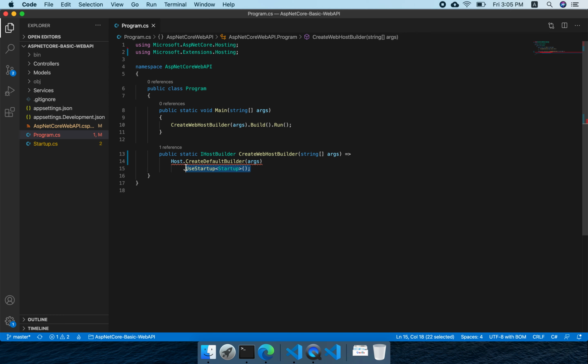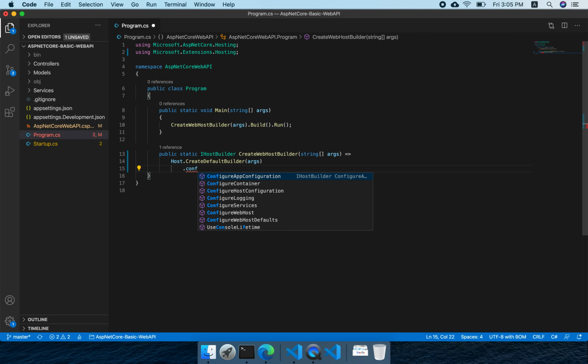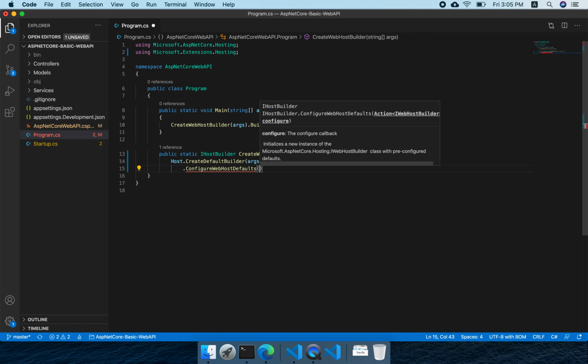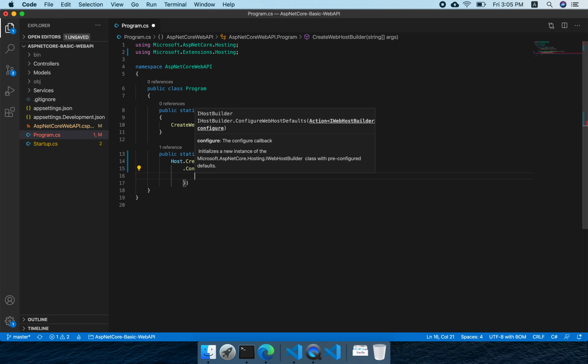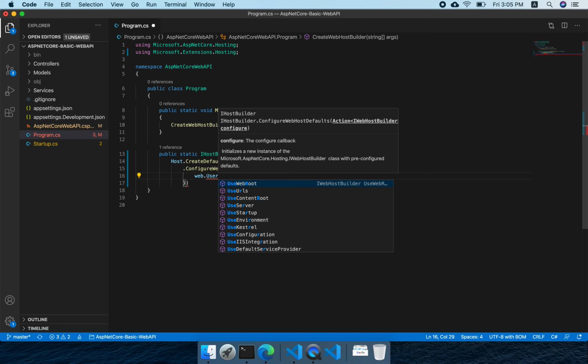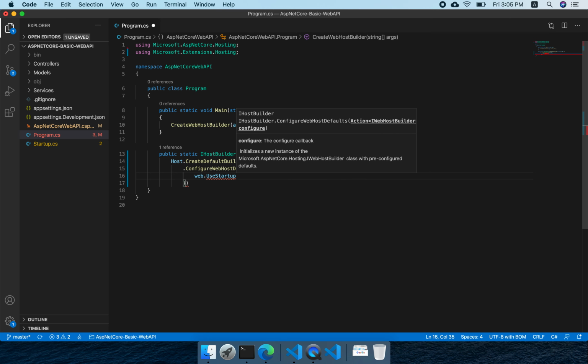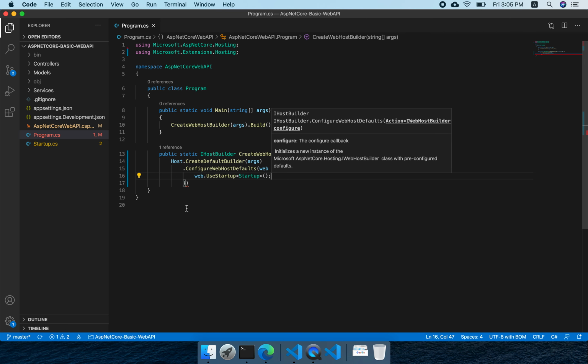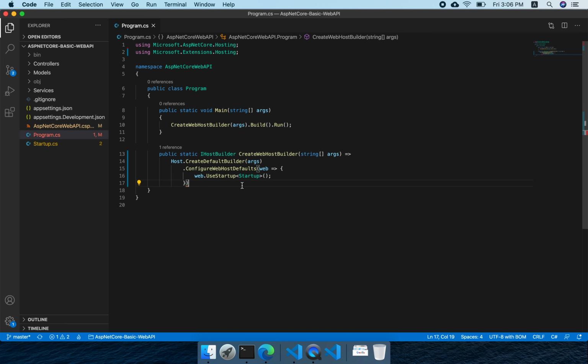So I just remove this code and host, and then we have to use the configurable host. This is the syntax required to make the code work. Once that is done, you have to do the similar startup as we had previously, and give it the same file we have as the startup file. That's it. These are the code changes we have to do in Program.cs.